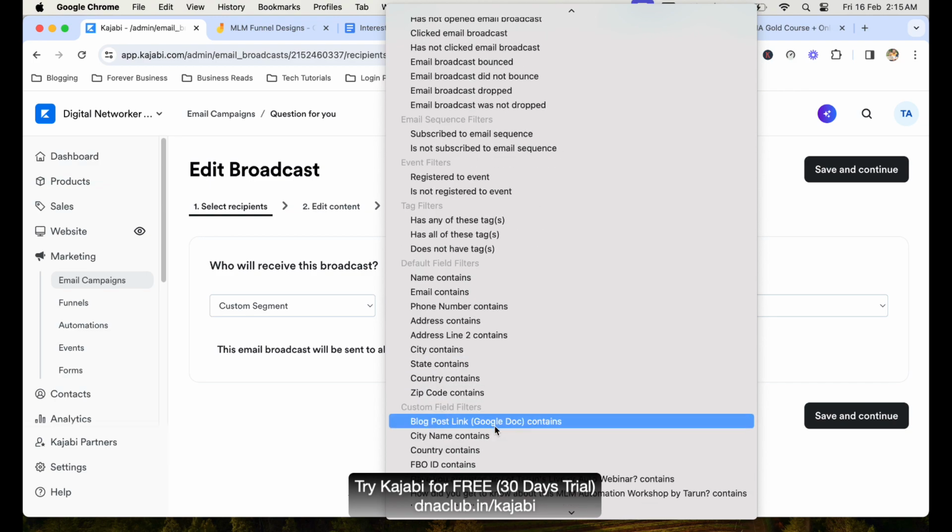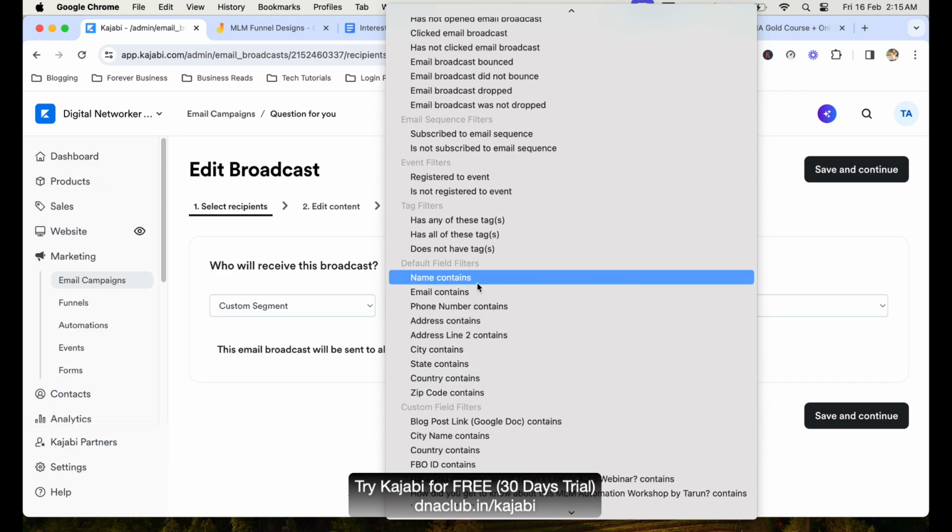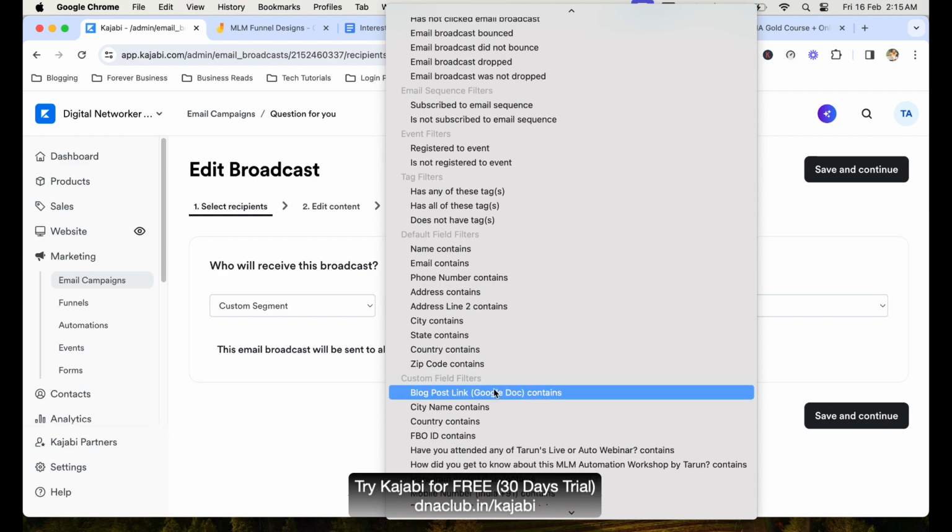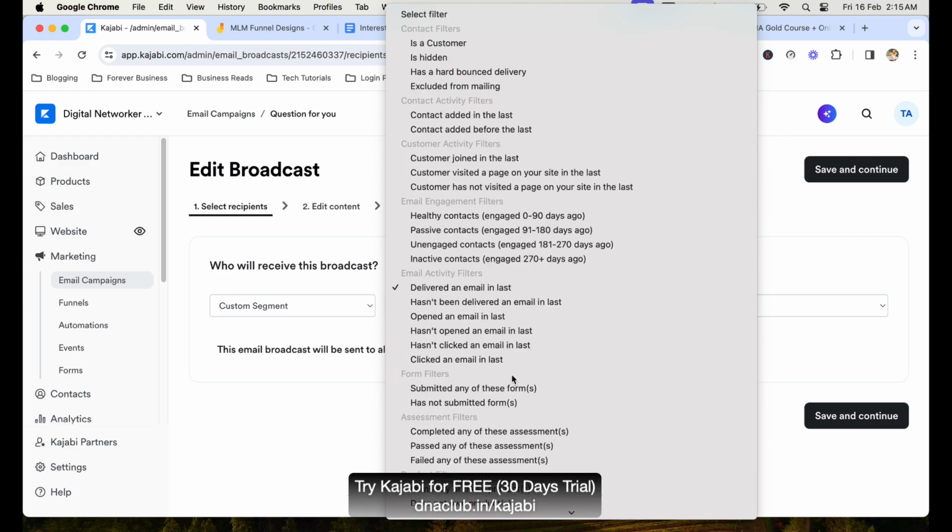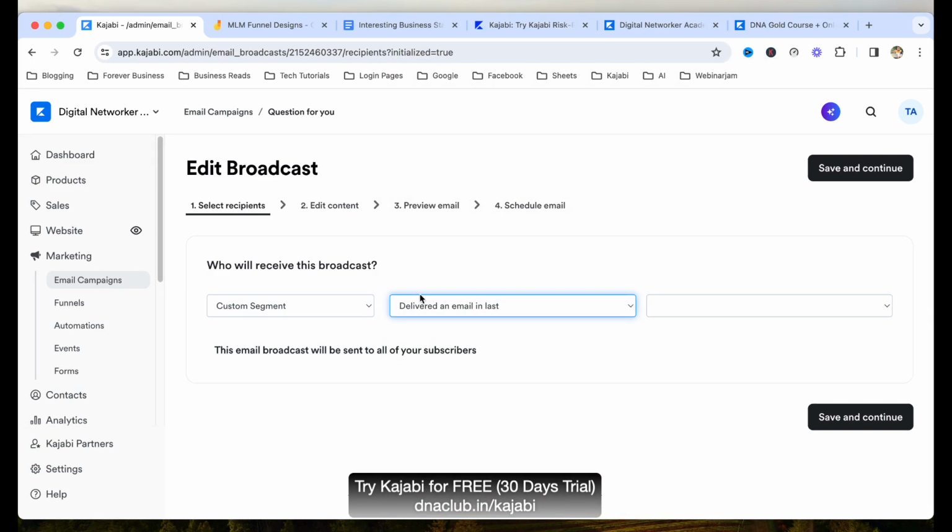Okay, a name which contains particular text. So some very awesome filters you can apply. You can just explore this. Okay, so suppose right now in this case I am selecting all contacts, and then click on continue, save and